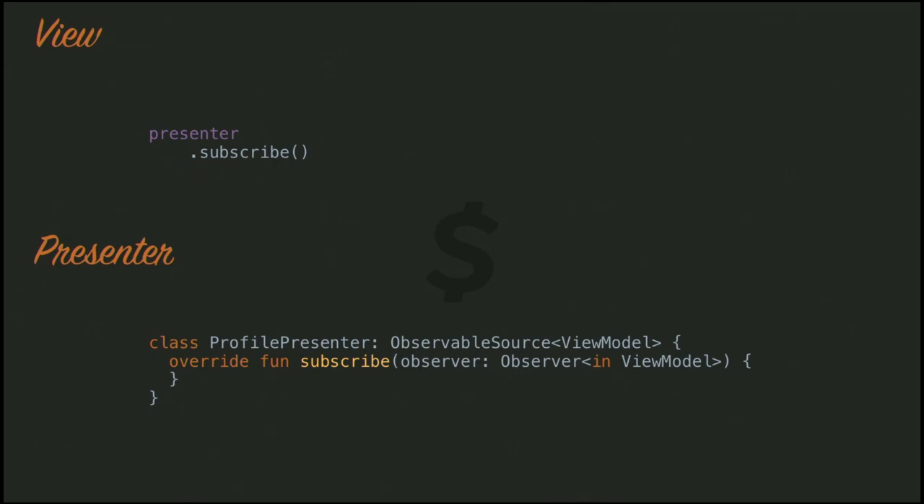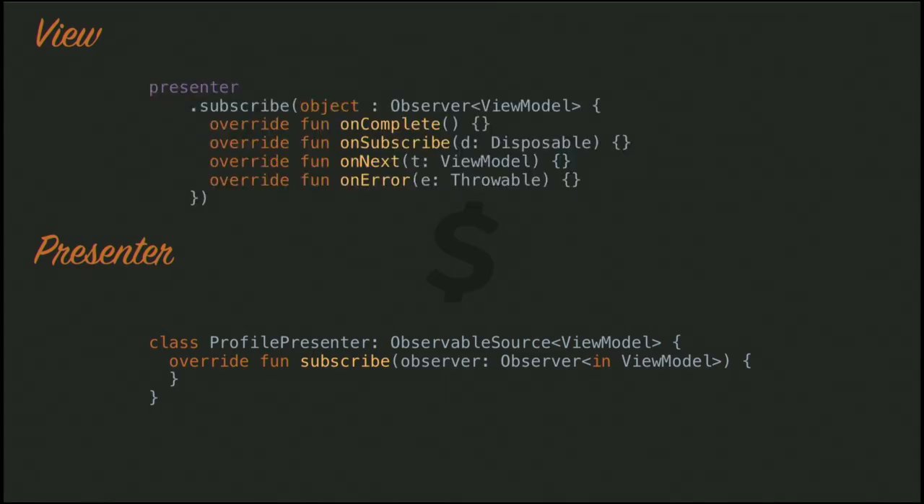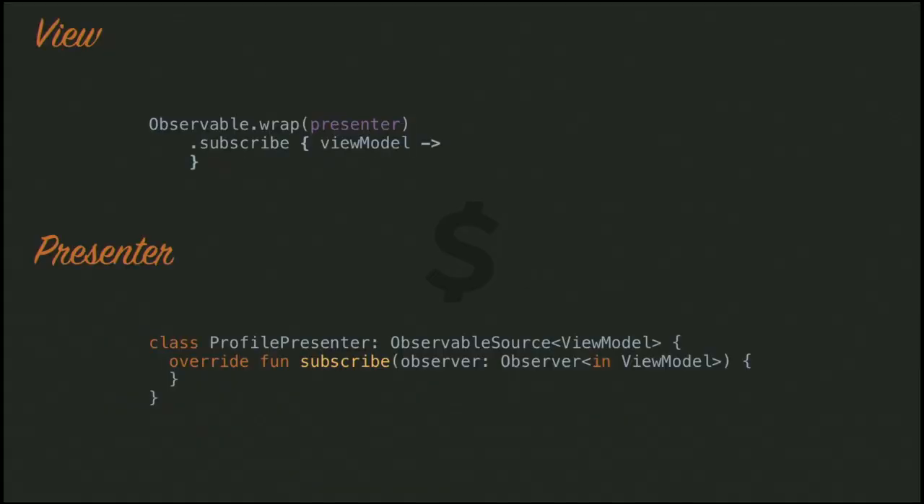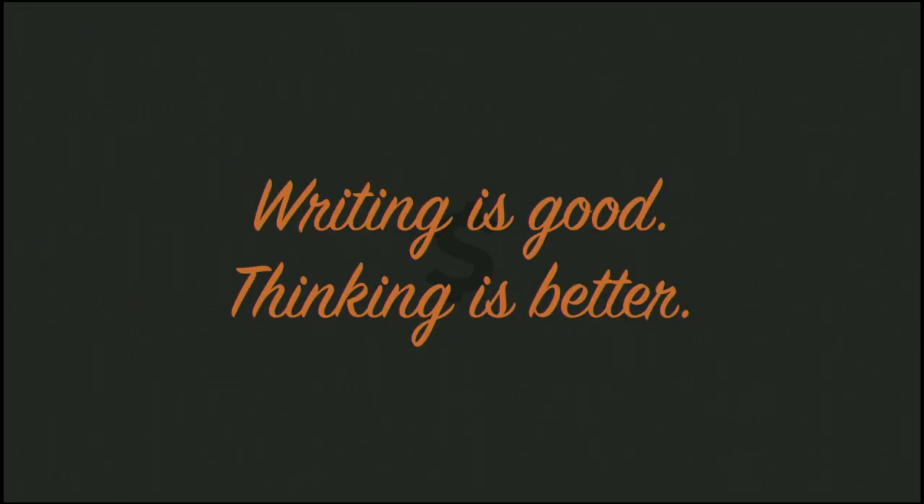The inconvenience would be that you only have one subscribe method, which includes the observer, so you'll have to override all methods every time, which isn't really handy. There is a wrap method for the presenter, which turns an observable source into an observable. It's fine again. We actually use that a lot, even though we've been fighting over this a bit. And so